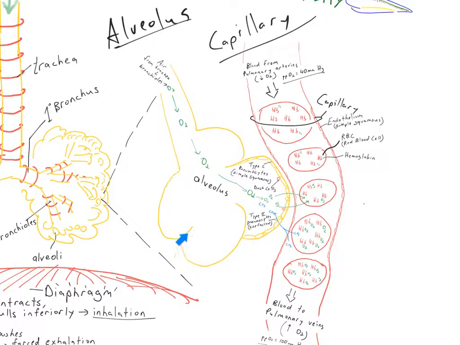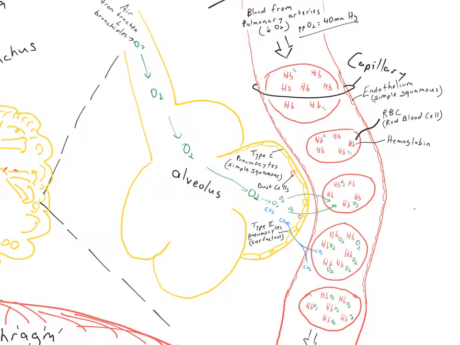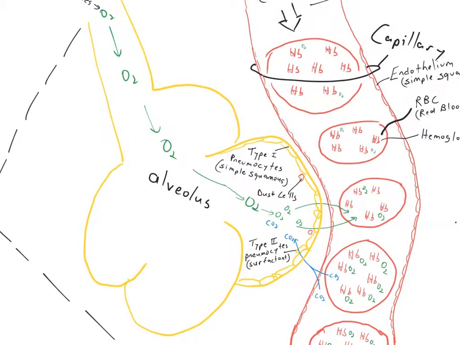When the air makes it into the now microscopic alveolus, this is a magnified view of an alveolus here. When that air laden with oxygen makes it into the alveolus, what the alveolus looks like is a very simple epithelial-lined sac. It's a simple squamous epithelial tissue that's surrounding the alveolus, right in its external membrane there. And specifically what makes up that lining of the alveolar sac are some simple squamous cells that we call type 1 pneumocytes. Remember, pneumo refers to the lungs,